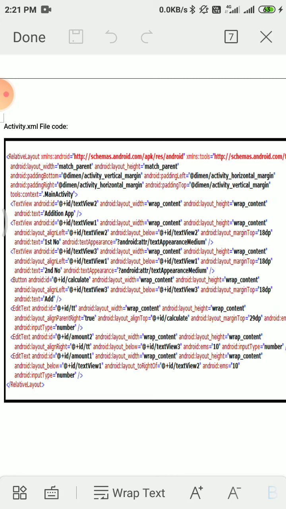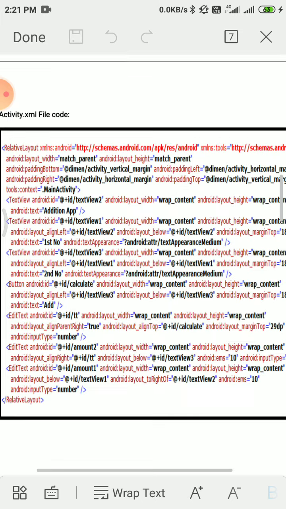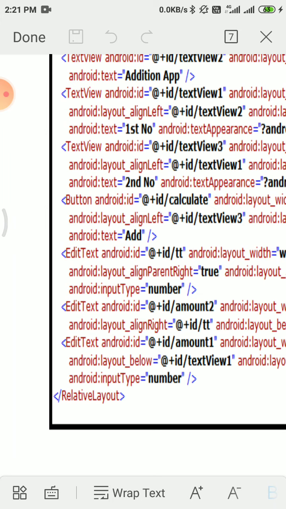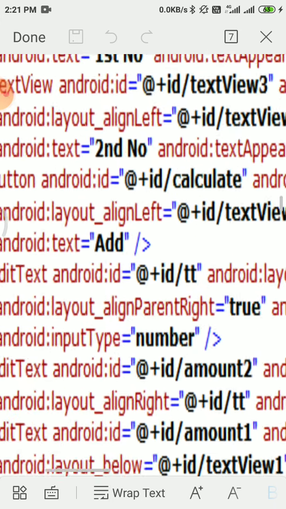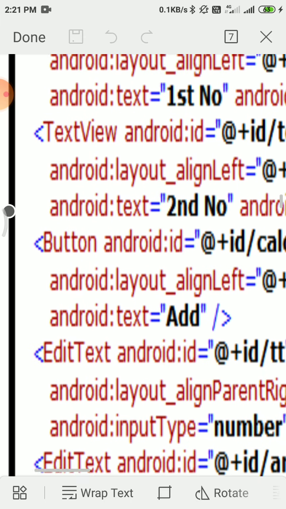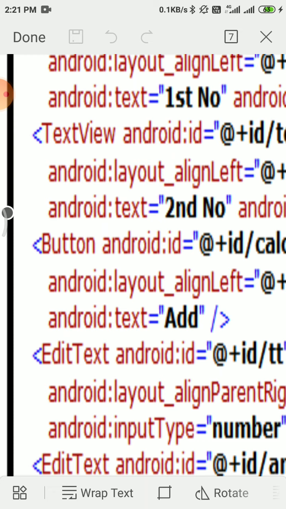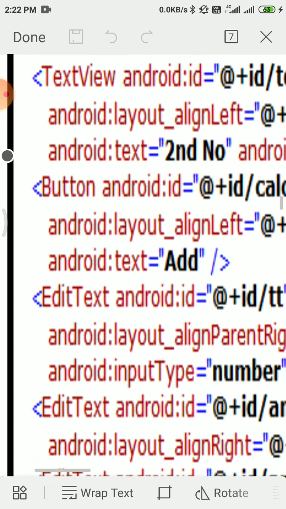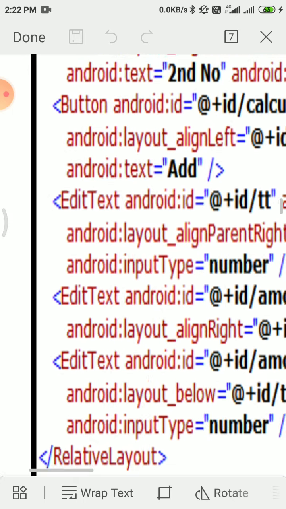See here, there are three TextViews for storing the first number, second number, and the answer, and a button is used for giving the add. You can see here android:text equals add, android:text equals second number, android:text equals first number. This is all the information.